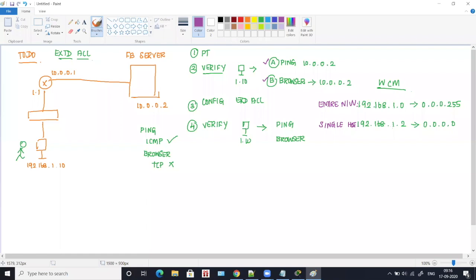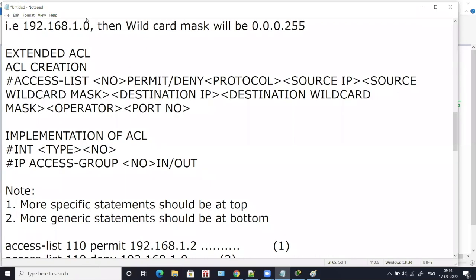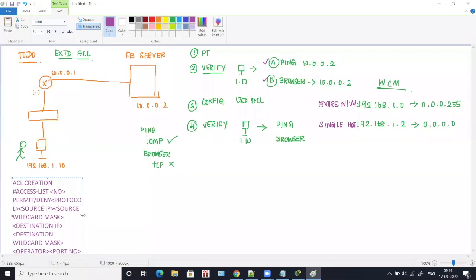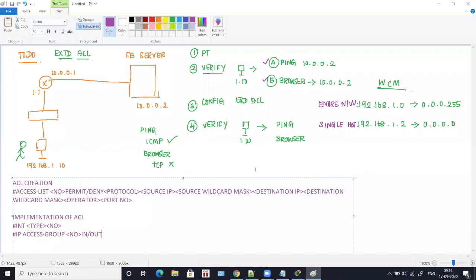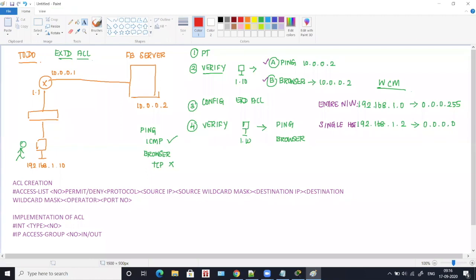Now we'll take the commands. For extended ACL, the command is very simple. It is just a 3-line command. Let me paste it here. Now this is the command for extended ACL, and you are going to write it in this particular router.